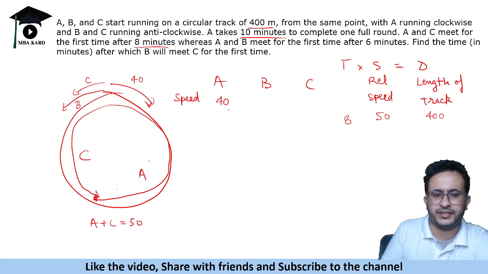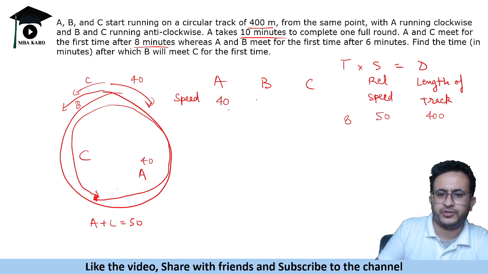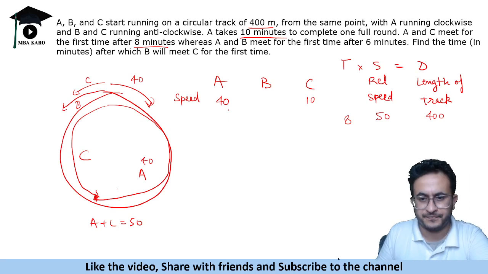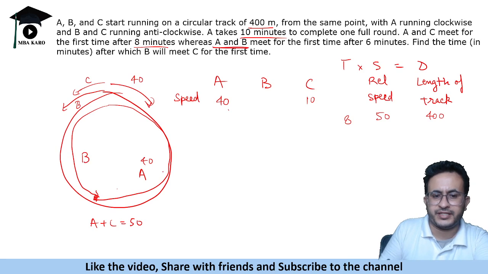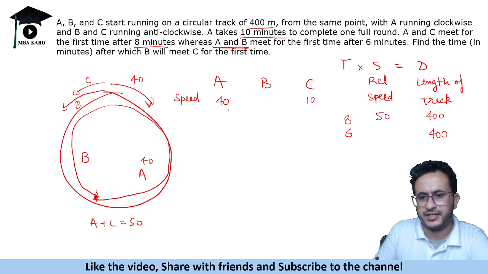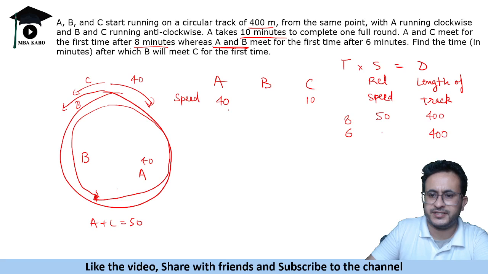Now A alone is moving at a speed of 40. So the speed of C is 10. Similarly, we will take A and B. So when A and B come, A has moved some distance, B has moved some distance, total distance is 400, which is covered in 6 minutes. If it is covered in 6 minutes, the relative speed is